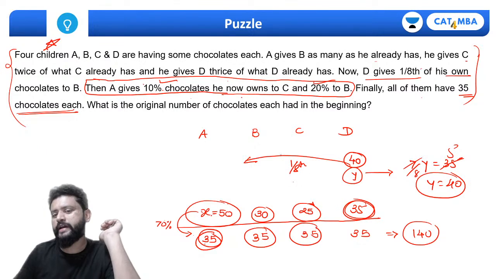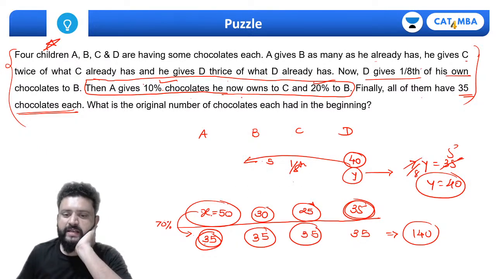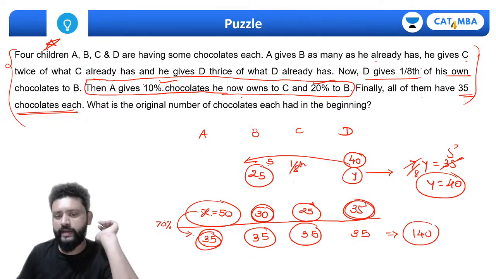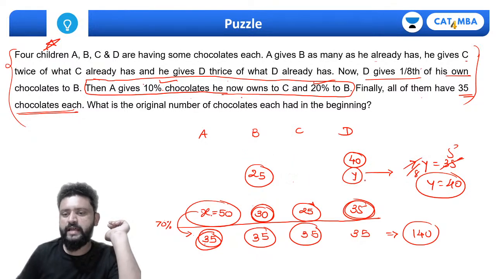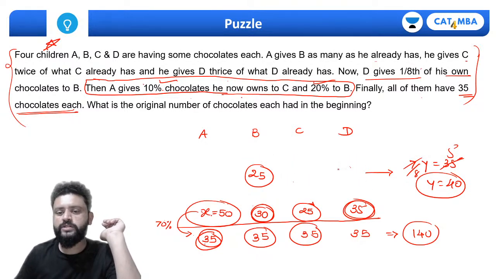बाद में 35 हो गए। 1/8 मतलब इसने 5 चॉकलेट इसको B को दिए थे। B के पास अभी 30 चॉकलेट्स है। दैट मीन्स B के पास पहले सिर्फ 25 चॉकलेट्स होंगे। ये 5 मैंने वापस ले लिए यहाँ से। I'll erase this now. क्या ये सबको समझ में आया? 40 एंड 25 कैसे हुआ?